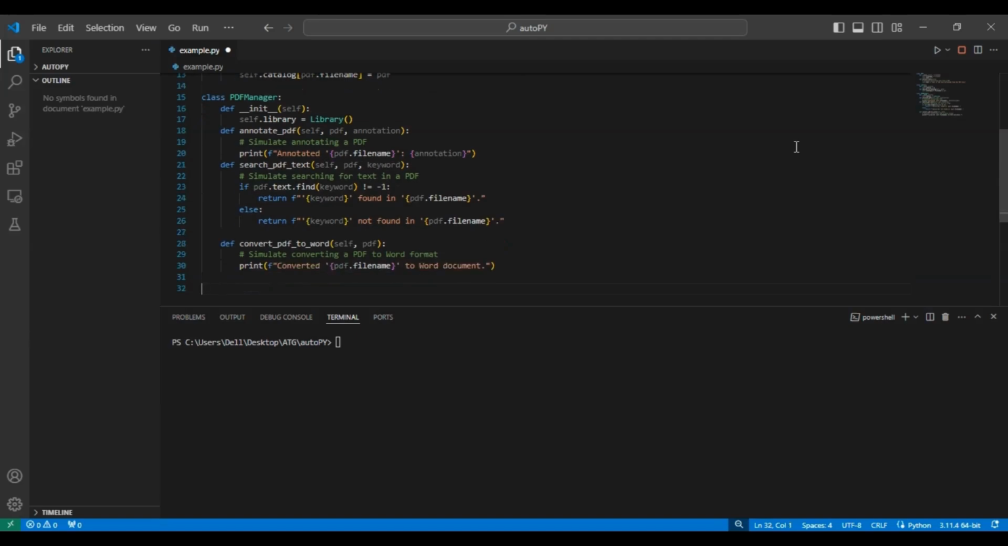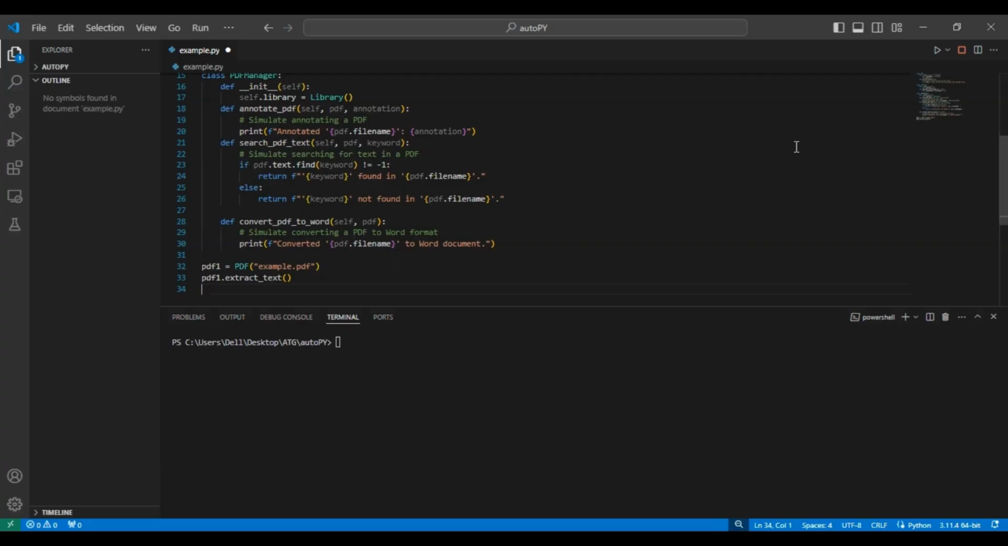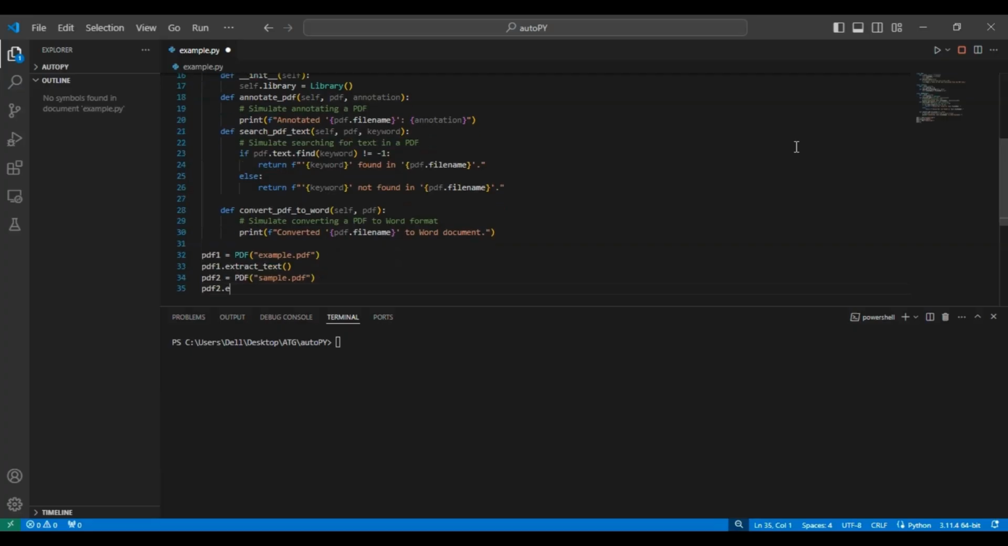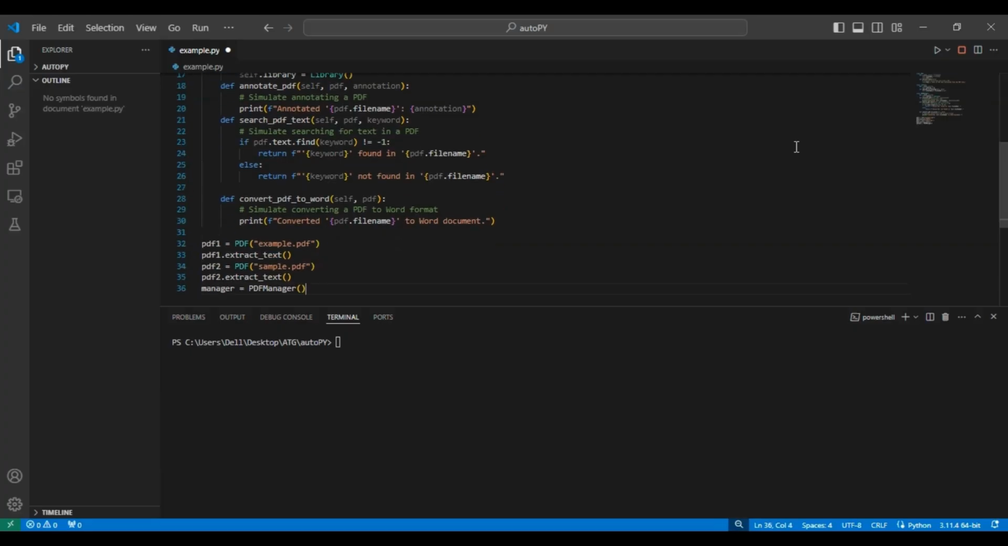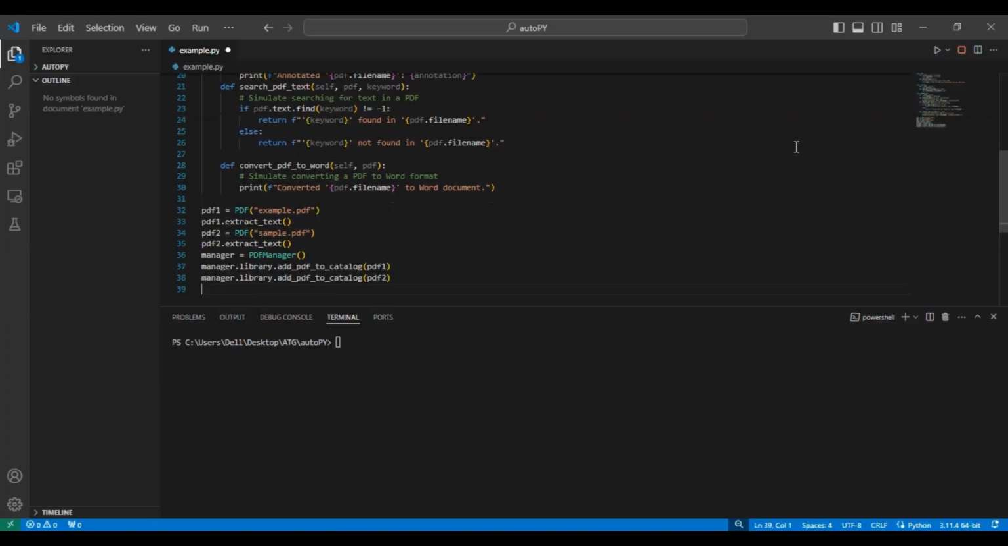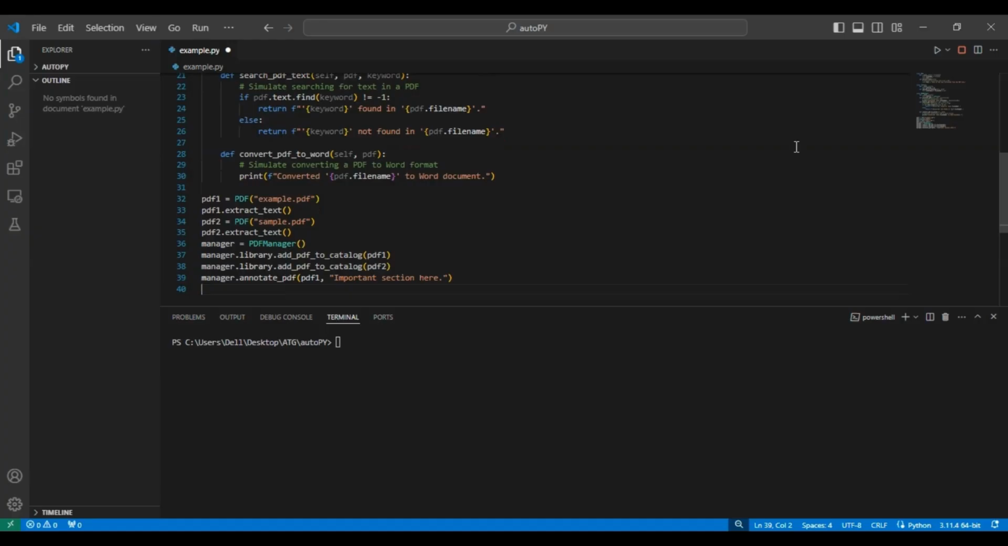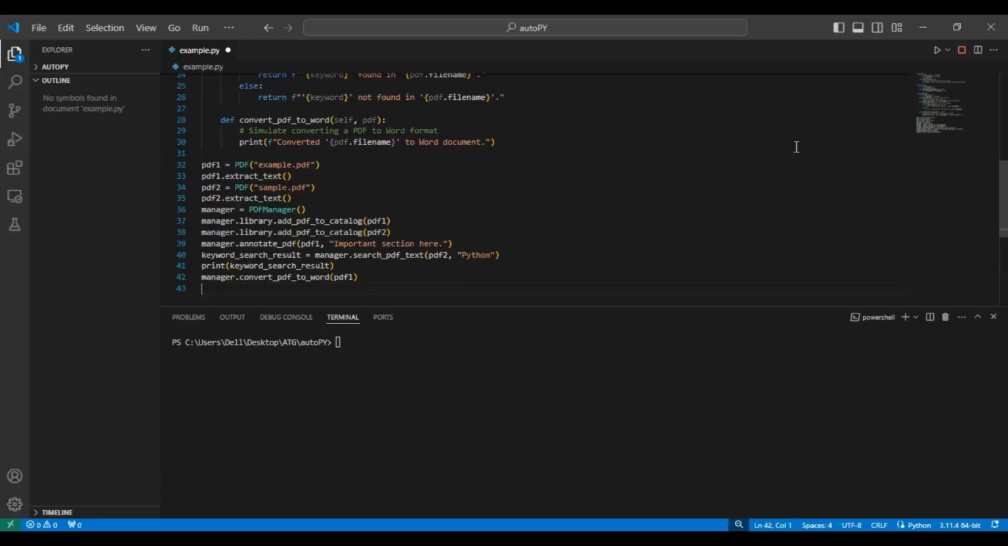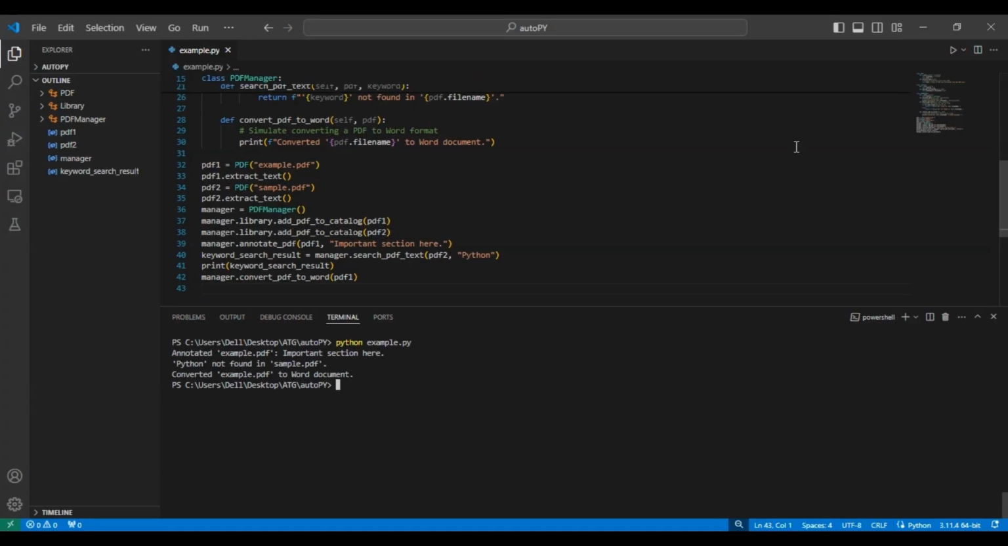In the given usage example, two PDF files, PDF1 and PDF2, are created using the PDF class. Their text content is extracted, and they are added to the library using the Library class. The PDF Manager instance manager is then used to annotate PDF1 with a message, search for the keyword Python in PDF2, and convert PDF1 to a Word document. The expected output demonstrates that the keyword Python was found in sample.pdf, and example.pdf was successfully converted to a Word